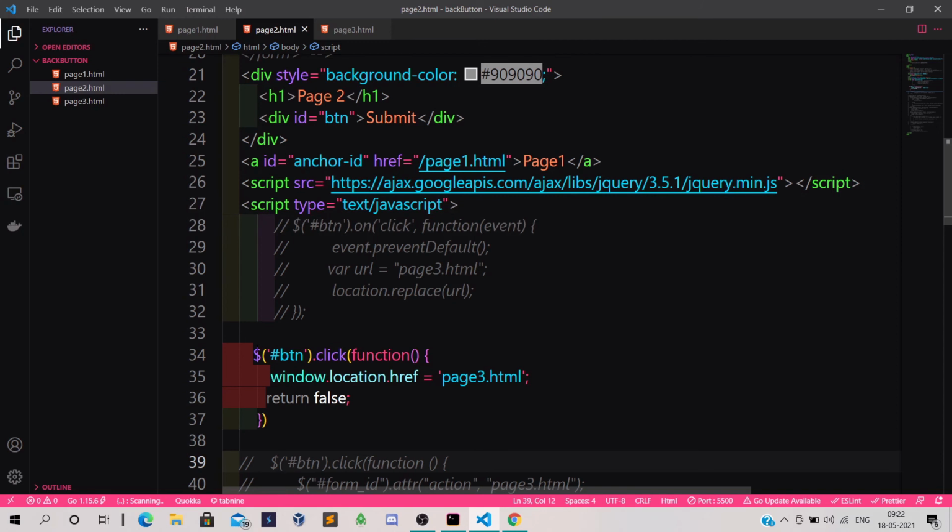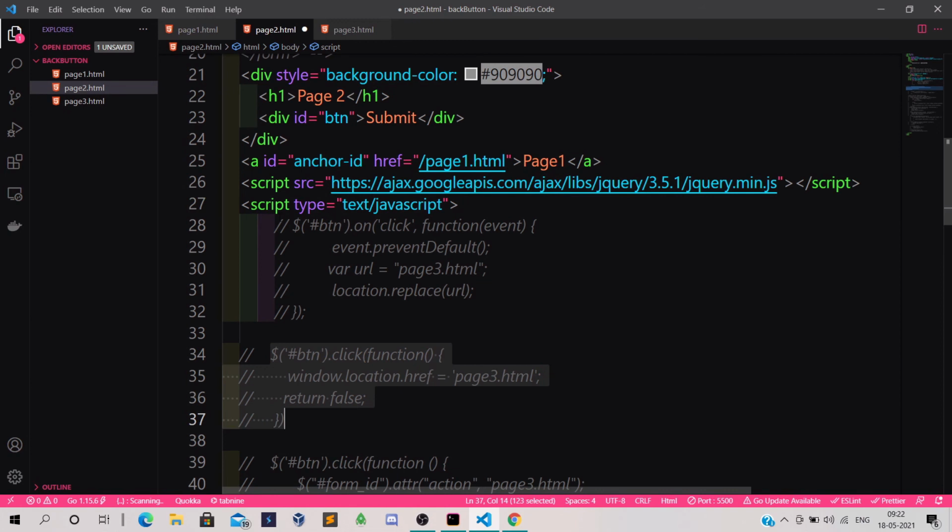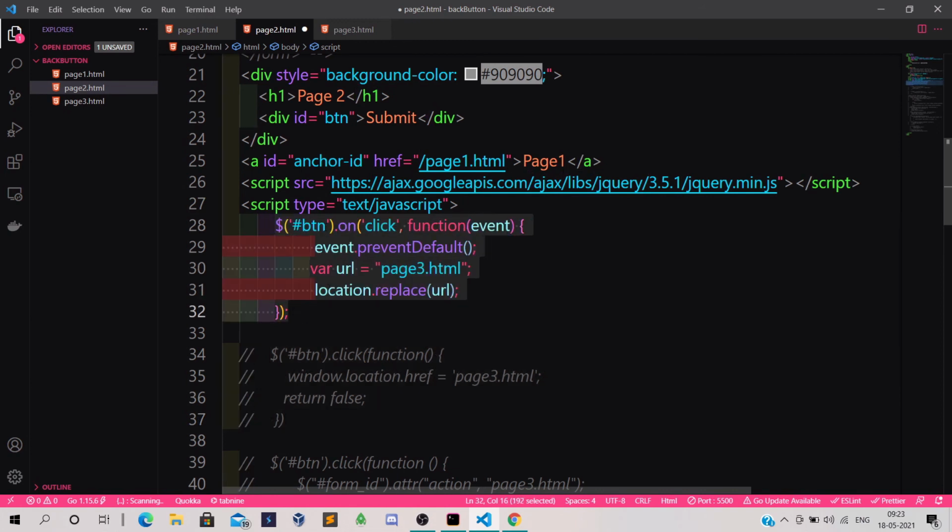There is one more code by which you can redirect to a different page. This is a different method. Upon clicking on that btn button, it will call a function, prevent the default event, and just insert the URL page3.html as the location href value.